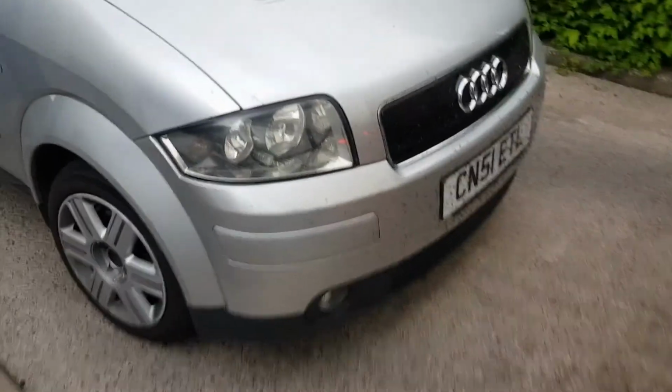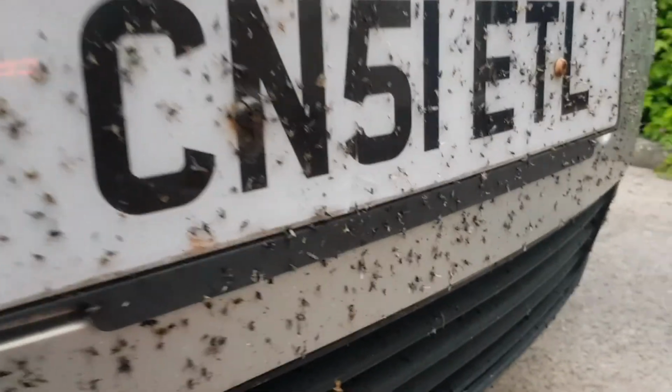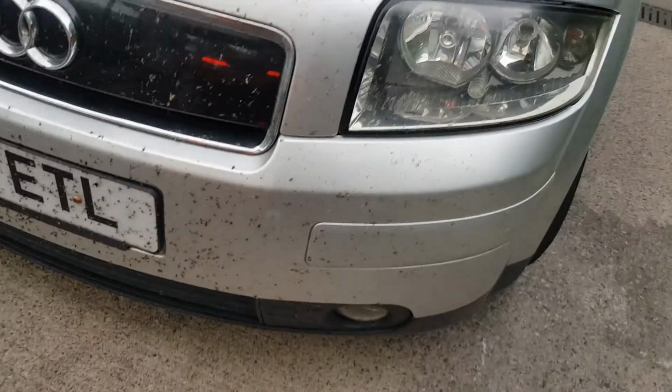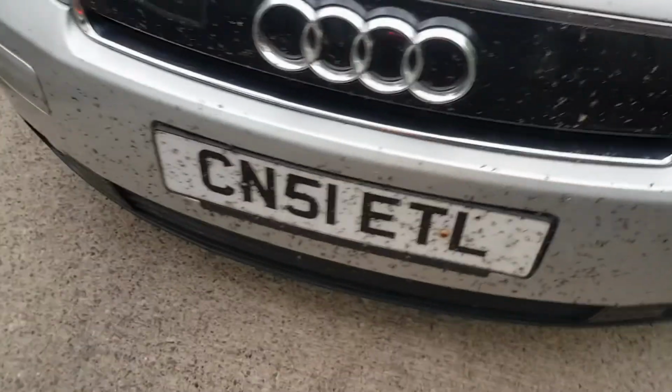I've just decided to go into a car wash because of this. Look at the amount of flies. It's disgusting. It's all that stagnant water, I think, that increased the amount of flies we're gonna get this summer. So we're gonna see if